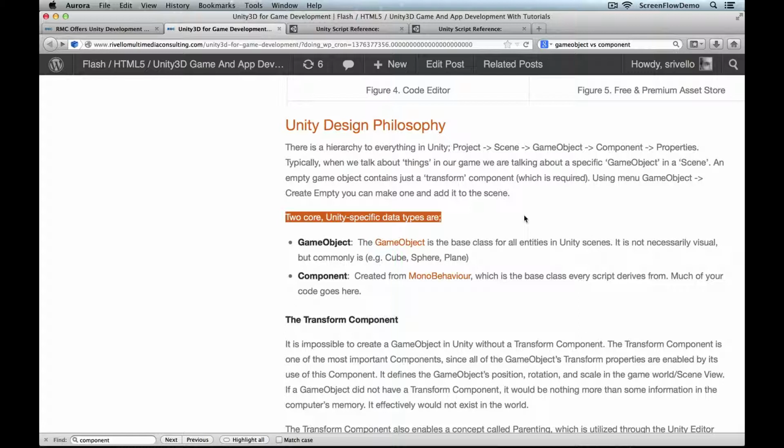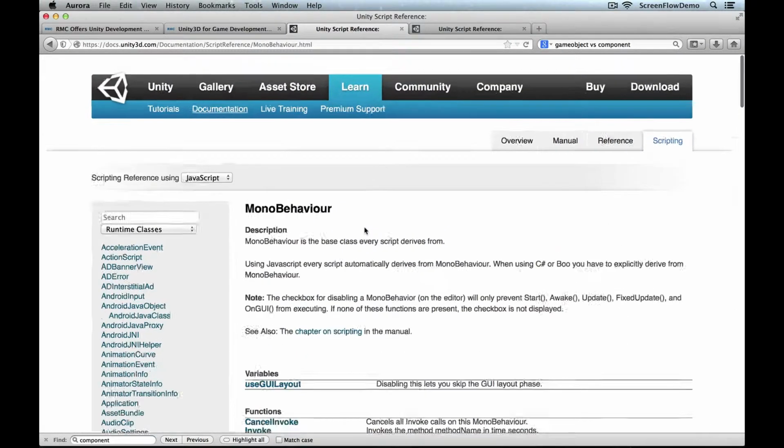And then onto that game object, when we want to put some code, we put that into a component. And component is created from MonoBehavior. So the links here, you can jump right into the Unity documentation for both GameObject and MonoBehavior, which I have open. So MonoBehavior,